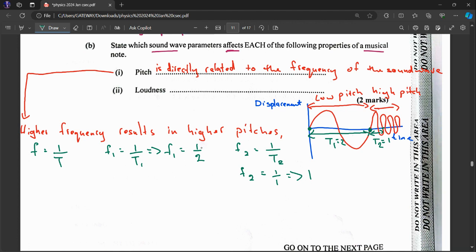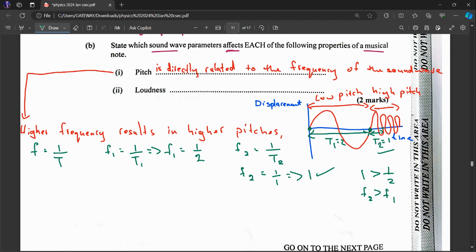So in this case, T2 gives a larger frequency of 1, because 1 is greater than a half. So frequency 2 would be greater than frequency 1 because you have